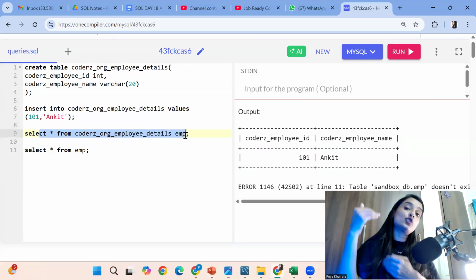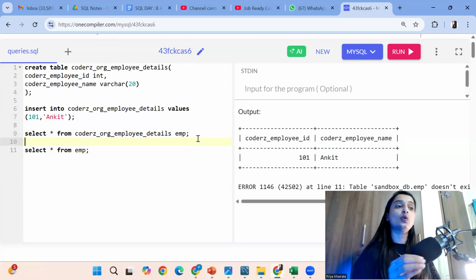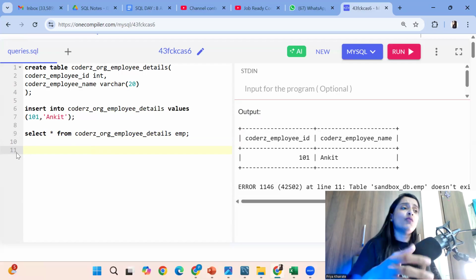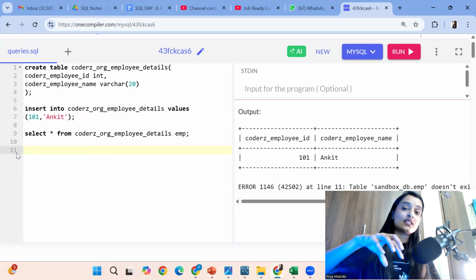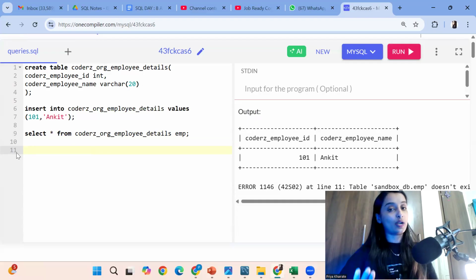How that works in joins, we will discuss, guys, not now. As of now, just remember how to give the temporary names, that's all. Okay. So here we cannot access the temporary name outside the query. For example, let's say your family gave you the temporary name Chintu. Chintu can be accessed only inside the family. In your school, Chintu is not accessible.